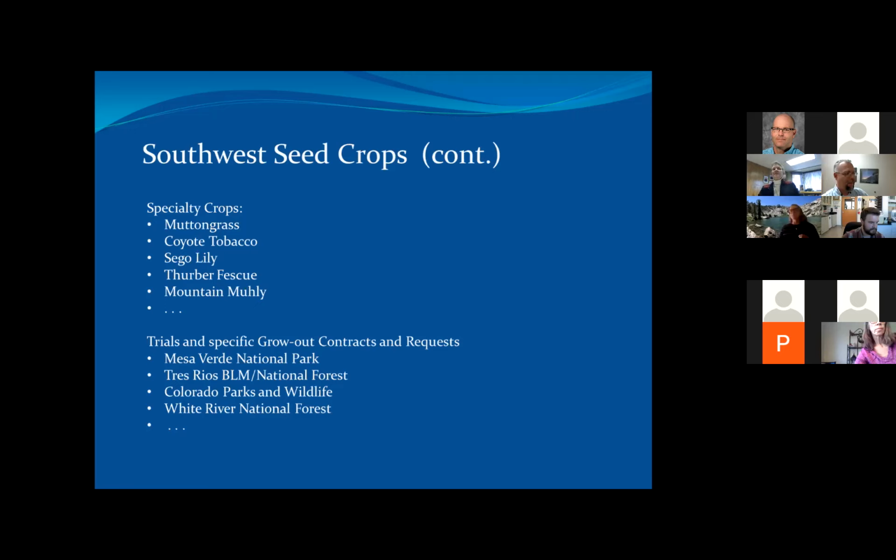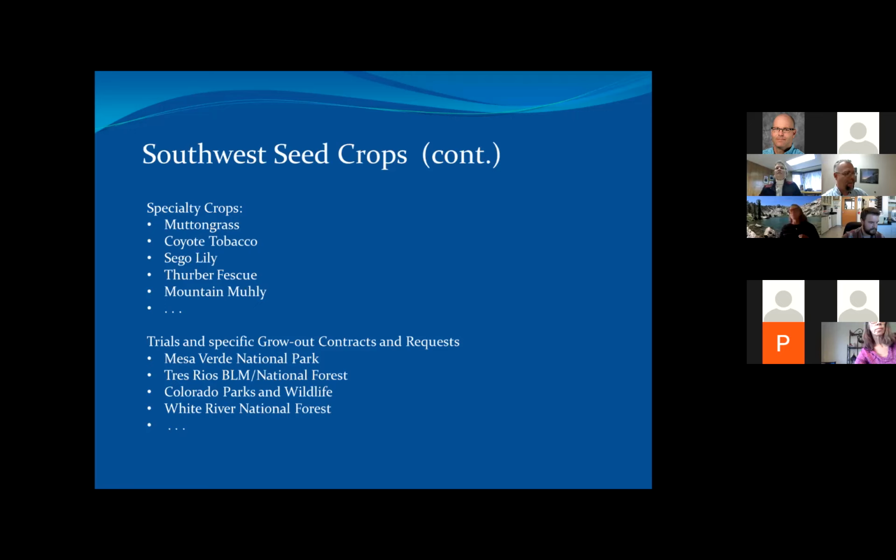For us locally, Mesa Verde National Park has done some work with us, and like Patrick showed, the bales of native grass straw, we use a lot of ours in sale to Mesa Verde. That way they are getting more bang for the buck. They're not putting wheat, oats, barley, something like that out when they're doing seeding projects, and they are getting some more of those native grass seeds in their mulching. So that's a really important secondary piece of our business.